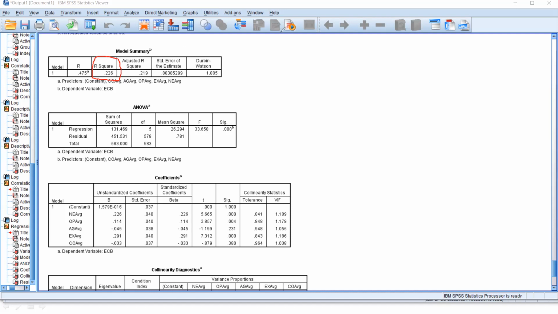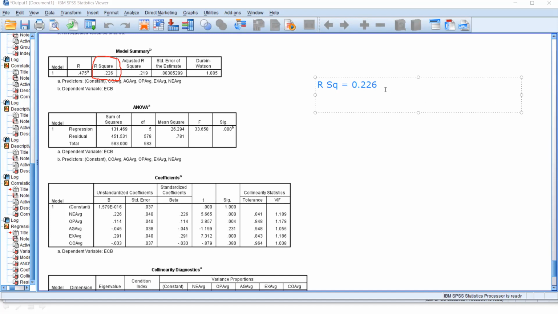Right, so here the R-square value indicates 0.226. So what does this 0.226 indicate?